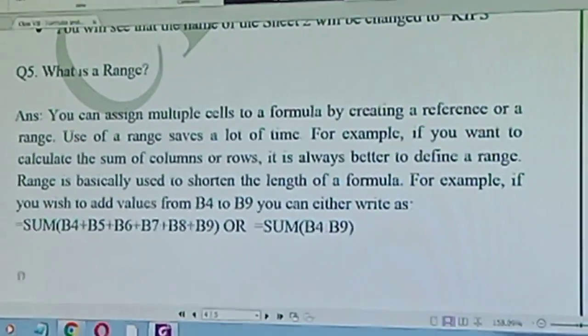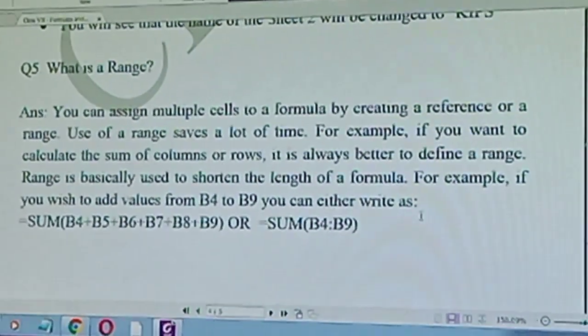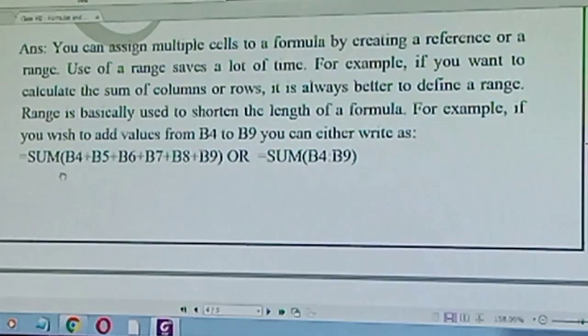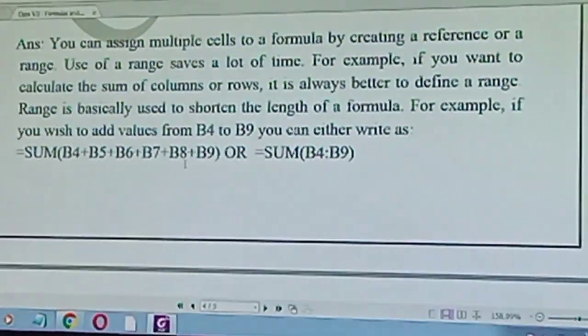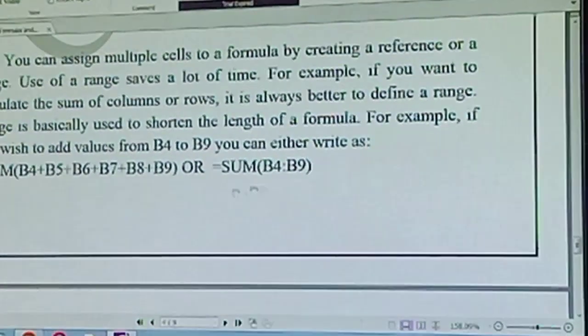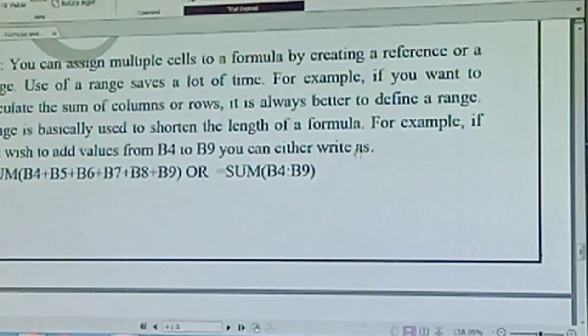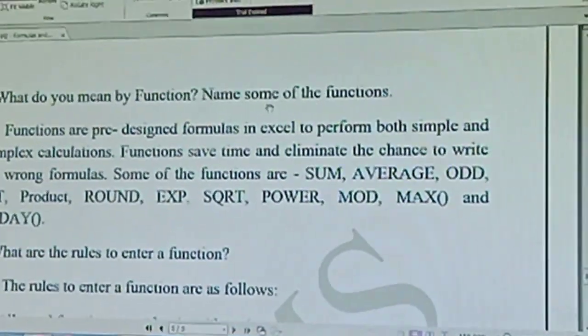For example, if you wish to add values from B4 to B9, you can either write =SUM(B4+B5+B6+B7+B8+B9), or as I said earlier, =SUM(B4:B9).